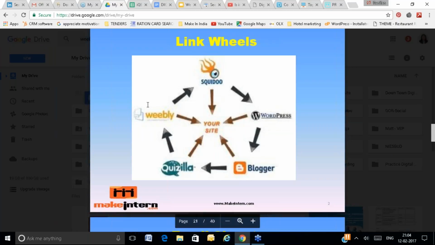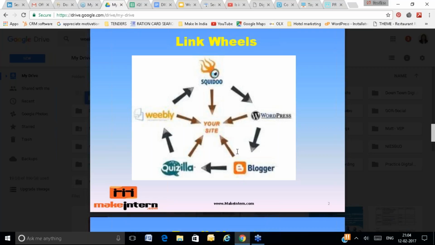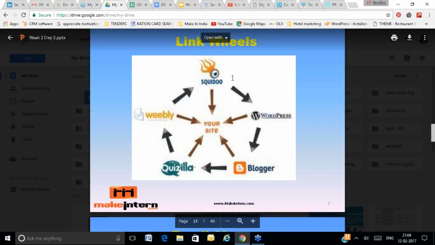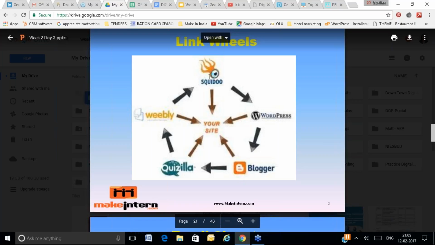We have discussed that you have already created a free WordPress website, right? So you are going to create accounts on all these: Scoop.it, WordPress, Blogger, Weebly, Wix, Tumblr. After creating the account, you will write the content and submit the content on your free blog. Whenever you are creating content on the Blogger site, there will be an HTML editor. In that HTML editor, you will place a link to your own website on the relevant anchor text.